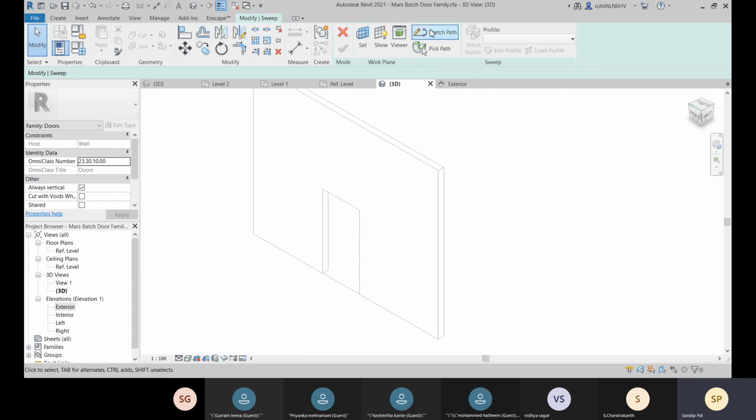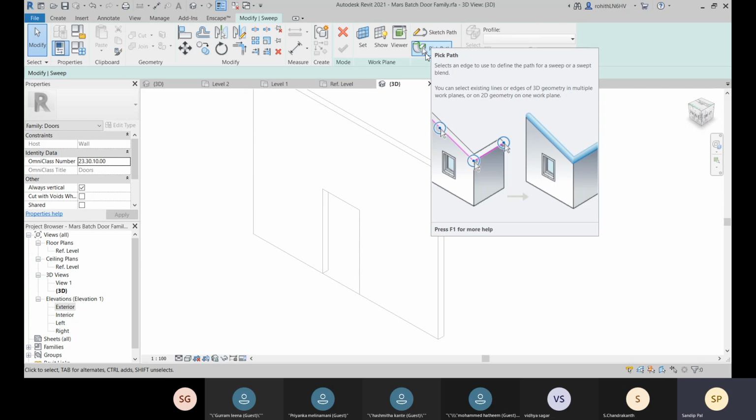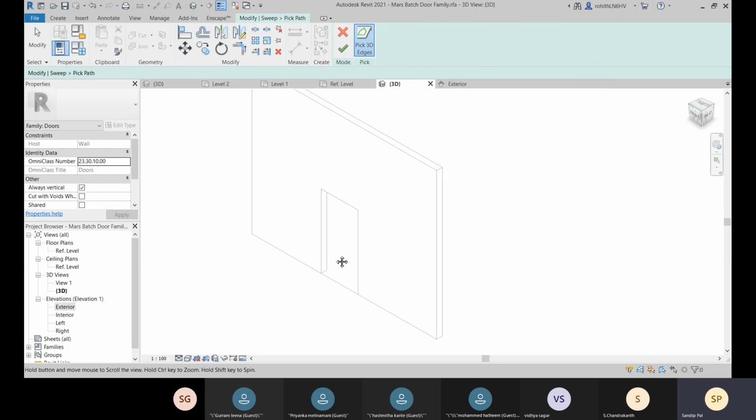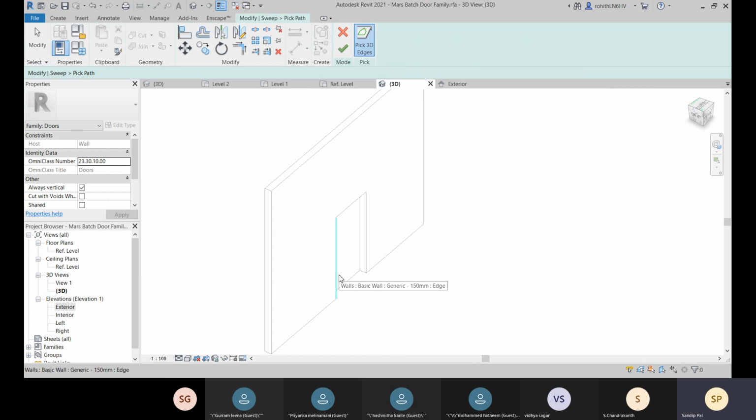It's asking me for pick path also, so I have to choose wisely. I can choose pick path, because I have these 3D edges over there. Now let me go for pick edges, this edge, this edge, and this edge.